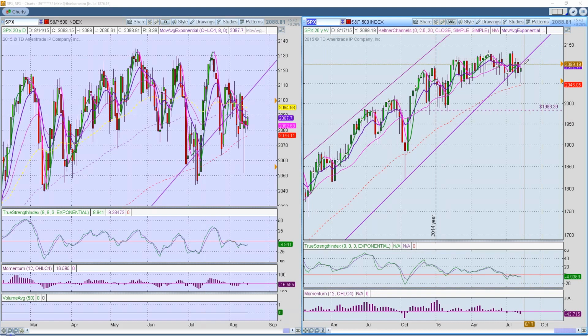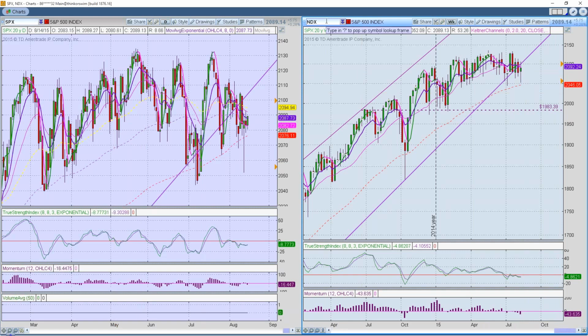Earlier today, I laid in these two. I've got one alert here, this is my alerts, and it's up about 2097, 2100, and one down here at 2056-ish level. So that's where I wanted to be triggered, for the market to let me know what's going on. And so then I can take specific action around that point. The NASDAQ. Now before we switch over to NASDAQ, look how messy the S&P is over here.